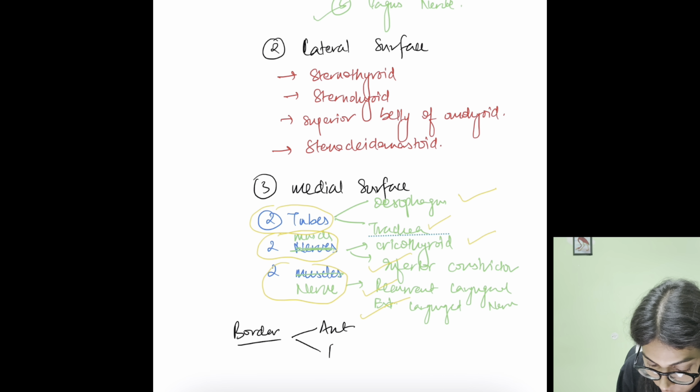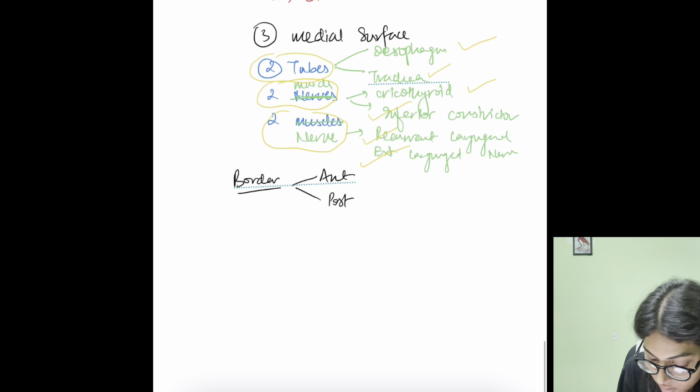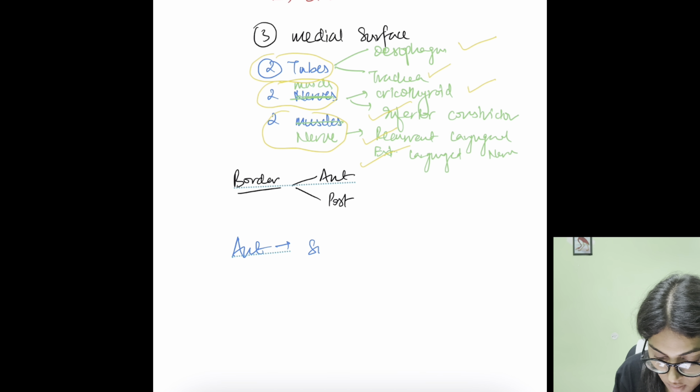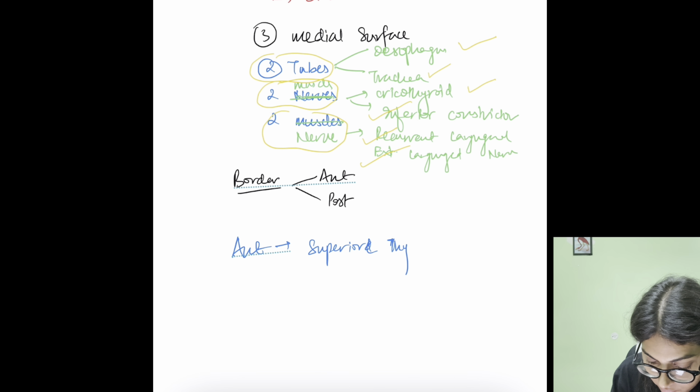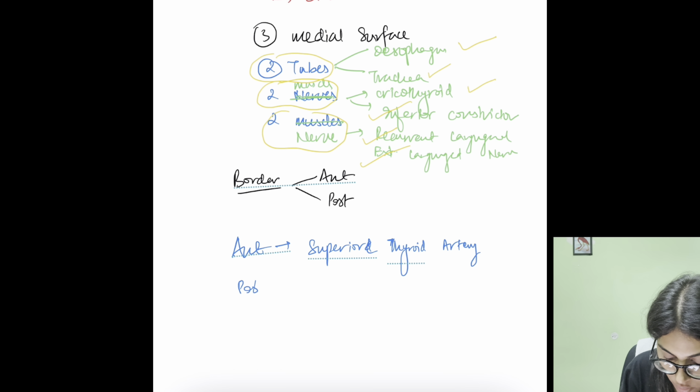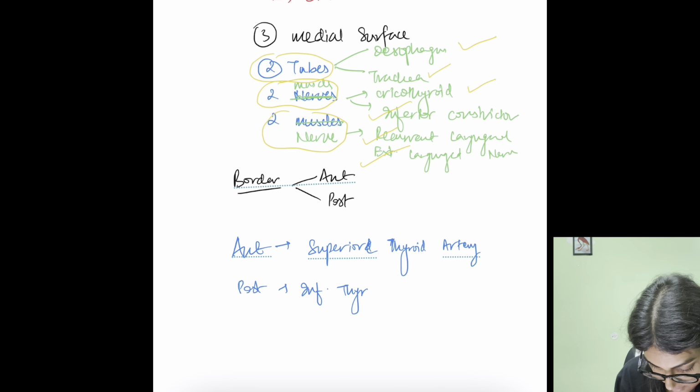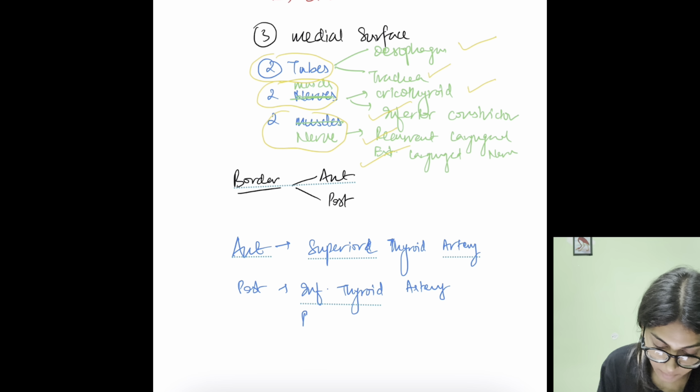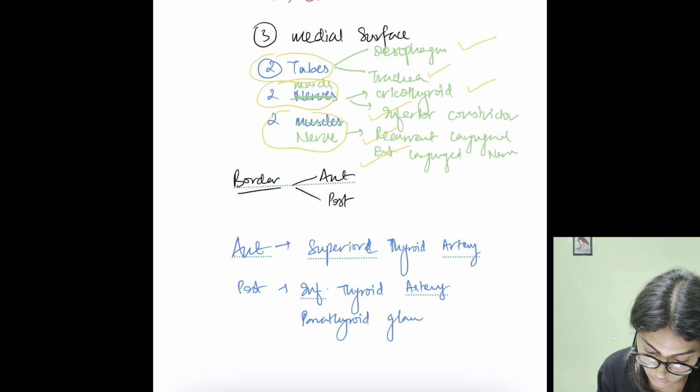The anterior border is attached to the superior thyroid artery, and the posterior border is attached to the inferior thyroid artery and the parathyroid gland, thoracic duct,